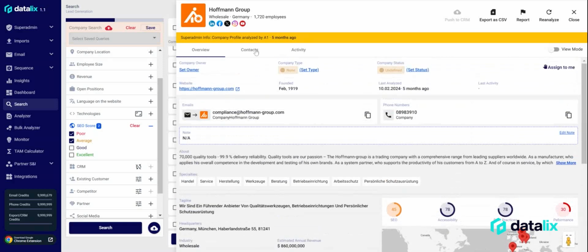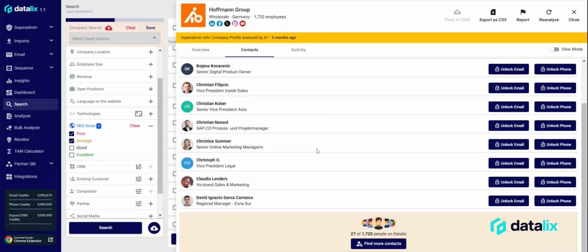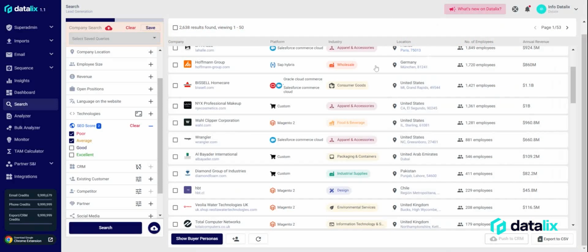And at this section right here, we can access contacts that are related with the website. We can see managing director, CEO, we can see digital product owner, and we can easily access their email or phone number based on your needs and based on what type of sales outreach you guys use. So this is the first filter that I'm showing you how to check for SEO needs for the website,